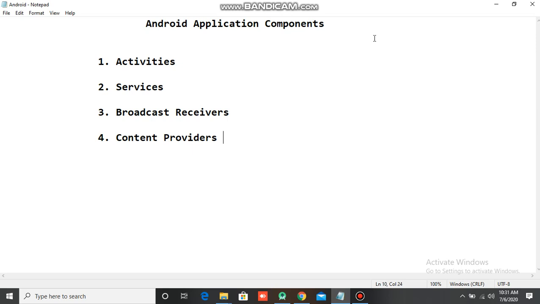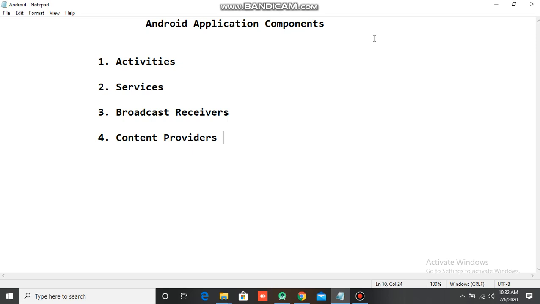Suppose you launch any application. After launching the application, whatever you are currently seeing in that application is one activity. One screen you are seeing is one activity. When you navigate from one screen to another, that is another activity. And if you notice, the different smaller parts in that activity are the fragments. So what is an activity? An activity is a UI, a user interface, that you can see in Android applications.